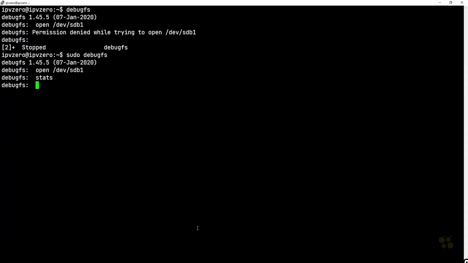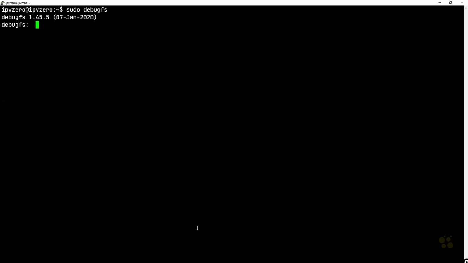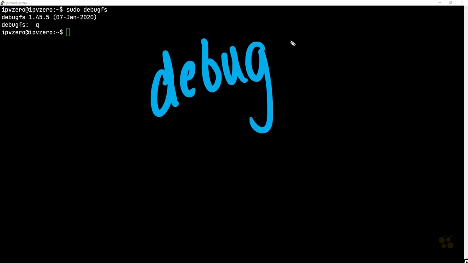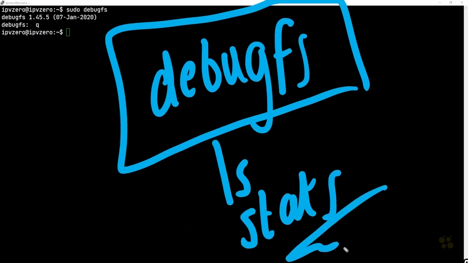If I want to browse the file system, I could do ls. Now within this unmounted file system, there is not much to see here. All we have is our lost+found directory. But nevertheless, on many more file systems, you may see a lot more information. And we can press q to quit the program. So really what we can see here with debugfs, we can get information about our unmounted file system using things like ls. We can get statistical information, and quite honestly, many of the options available within debugfs are really similar